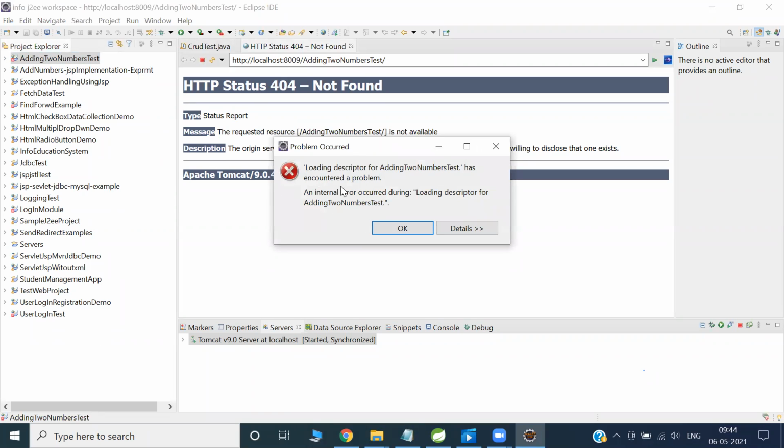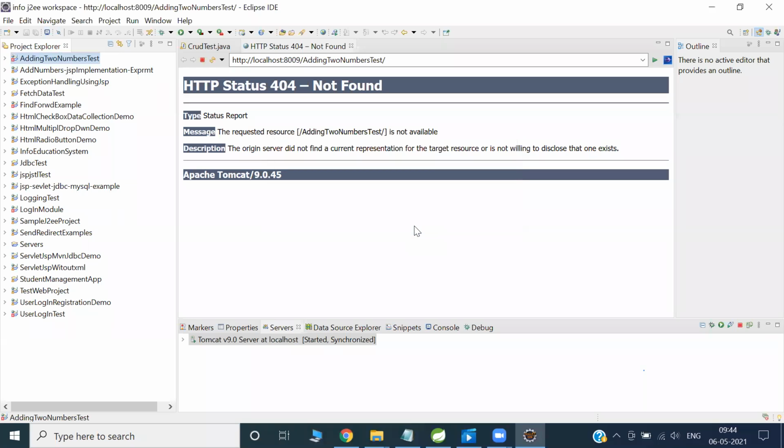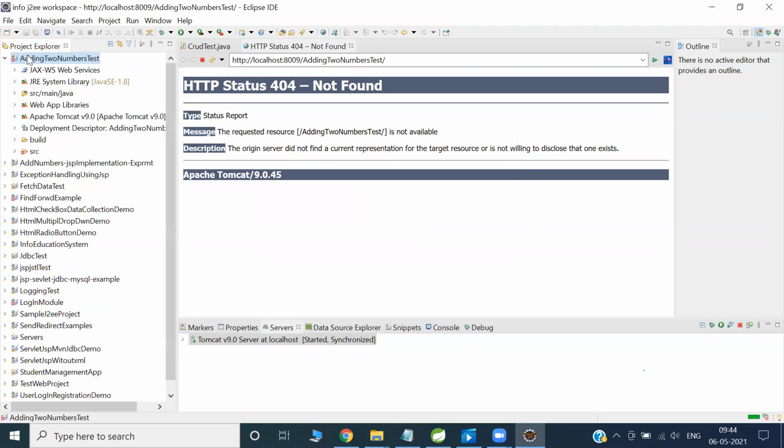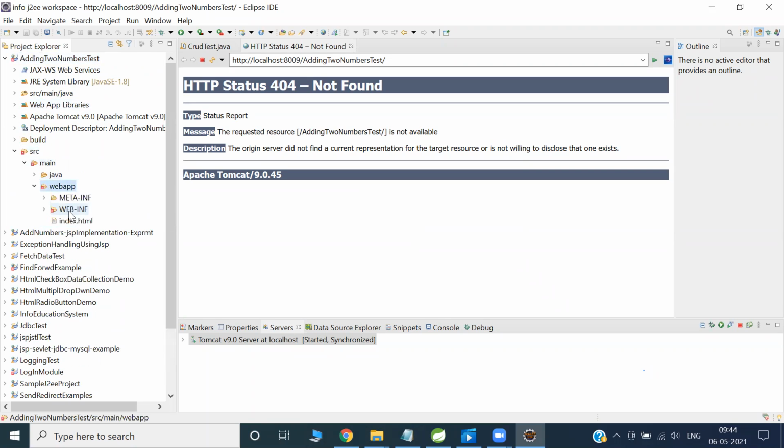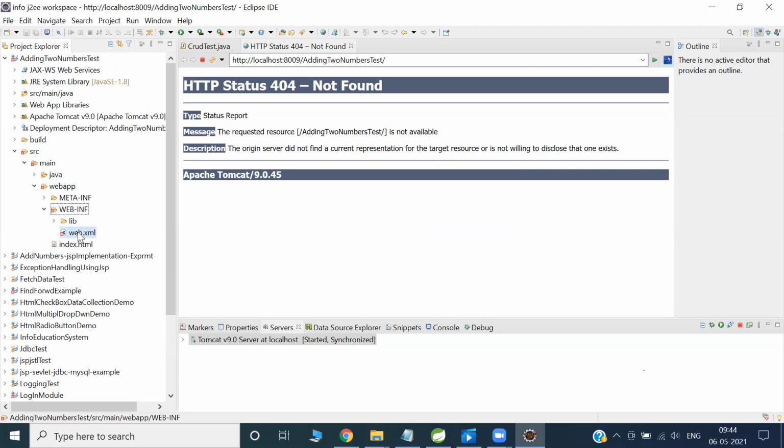Are you getting this kind of error sometimes? Okay, maybe it's failing because the deployment descriptor is failing. Let me check the deployment descriptor. All fine.